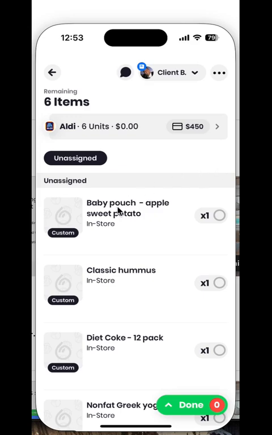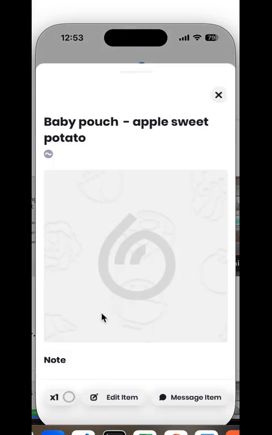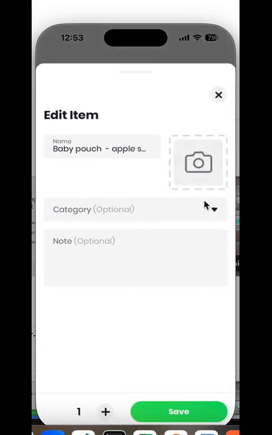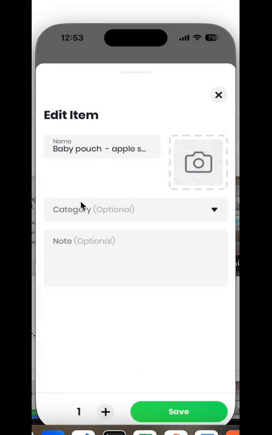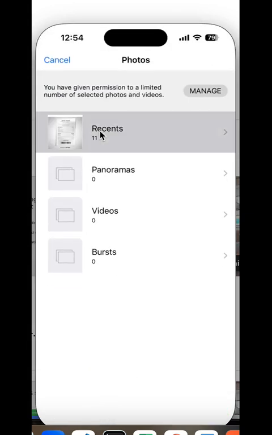From the Boss app, you can click on any item that says custom, select edit item, and then you can change the name of the item. You can add a picture. If you're in the store with the actual item, you can actually take a picture of that item while shopping, and we can attach that